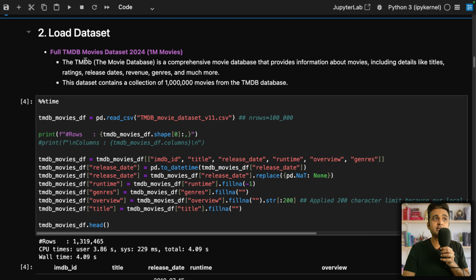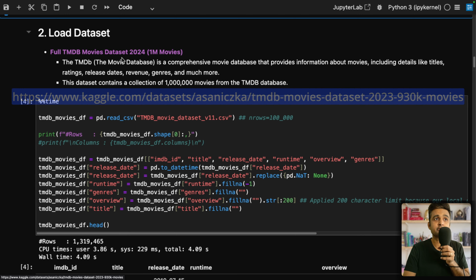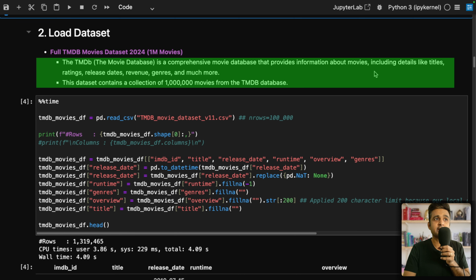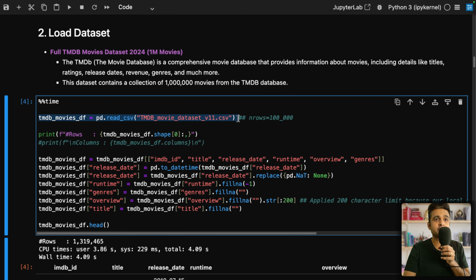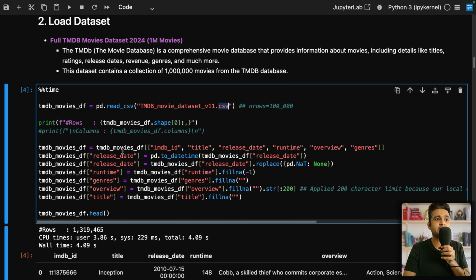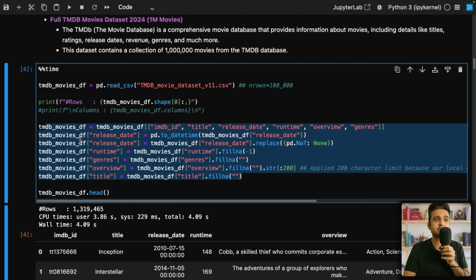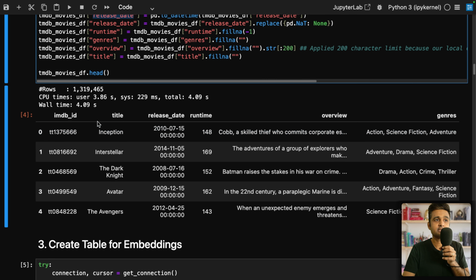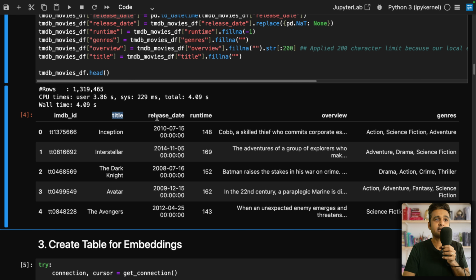Next, in this section, we are loading the dataset that we are going to use for this tutorial. I am using the Full TMDB Movies Dataset 2024, which is available from Kaggle. The dataset has information like titles, ratings, release dates, revenues, genres, and much more. And it contains more than 1 million entries. So over here, I am loading the dataset, which is available as a CSV file. And then I am doing a few cleanups on the dataset. I am filling NaN values so that when we are inserting values into the database, there are no failures. And here's the dataset, as you can see. And we have selected these columns: IMDb ID, title, release date, runtime, overview, and genres, which we will be using